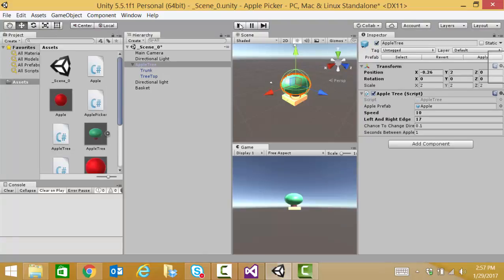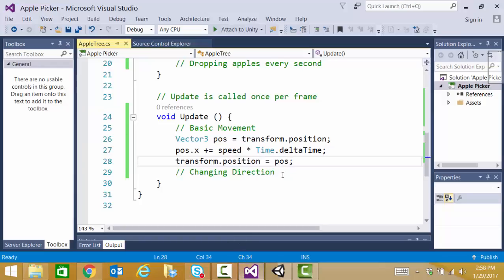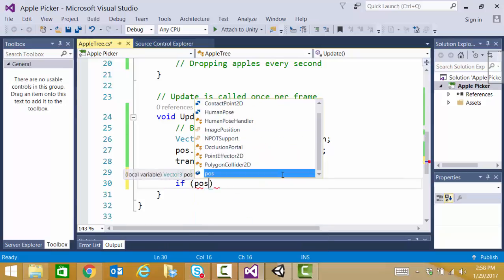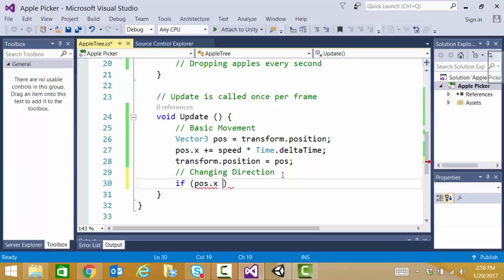Okay, so it's moving at a decent rate, runs off the screen pretty quick. So let's make it change direction when it hits the left and right edge. So let's go back to our script. And we're going to put in an if statement. So if the position x coordinate is less than subtracting 1 from our edge,